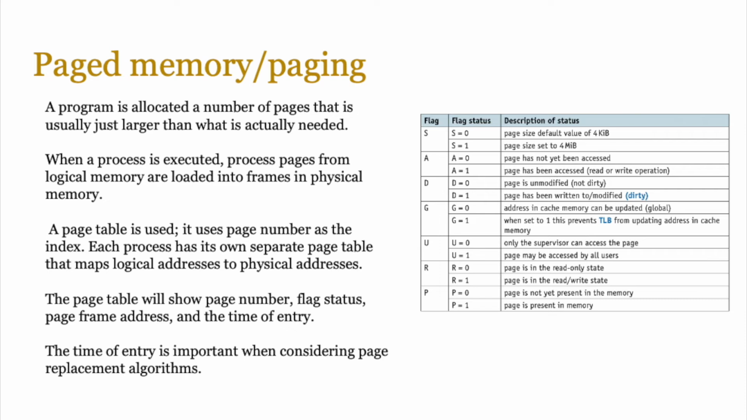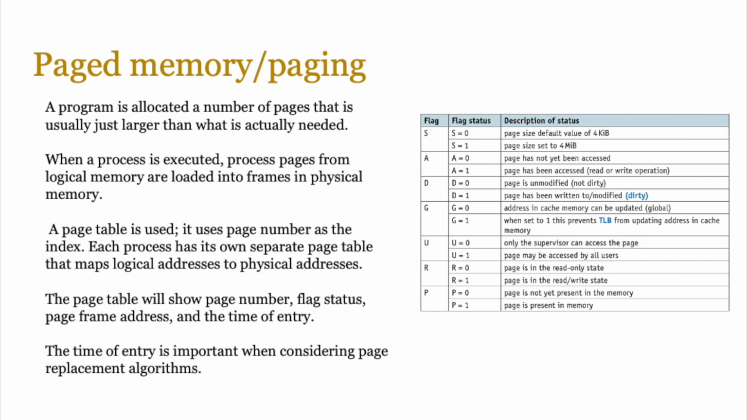Each process has its own separate page table that maps logical addresses to physical addresses. And the page table will show page number, flag statuses, page frame addresses, and the time of entry. And the time of entry is very important when considering page replacement algorithms, because some page replacement algorithms could use the timestamp to work out which pages were loaded when, and it might be the oldest page is replaced first,